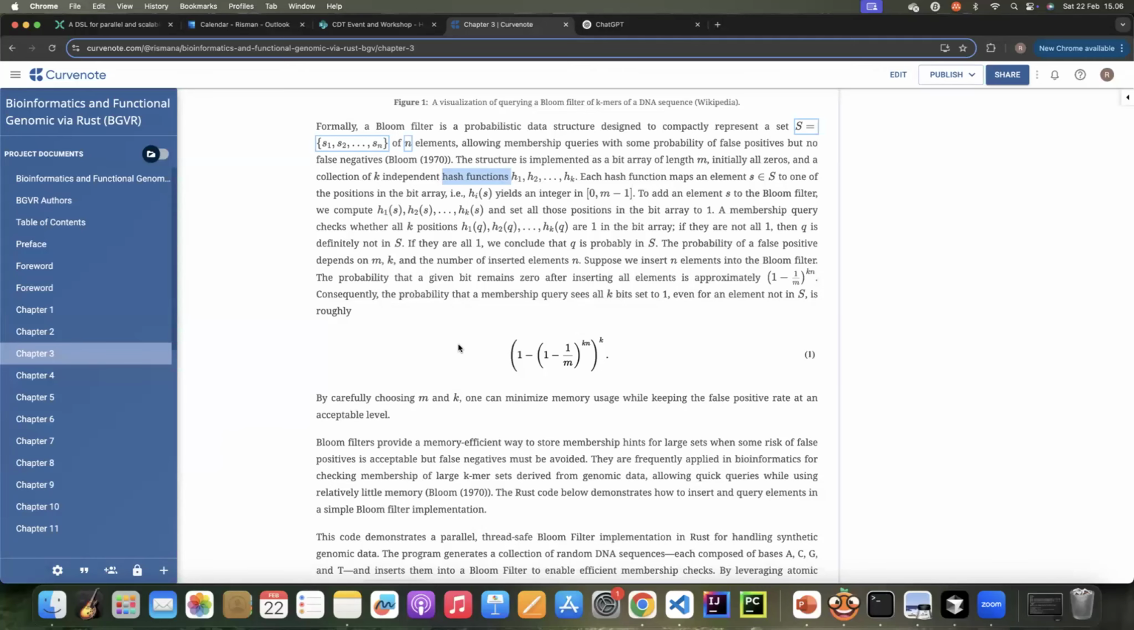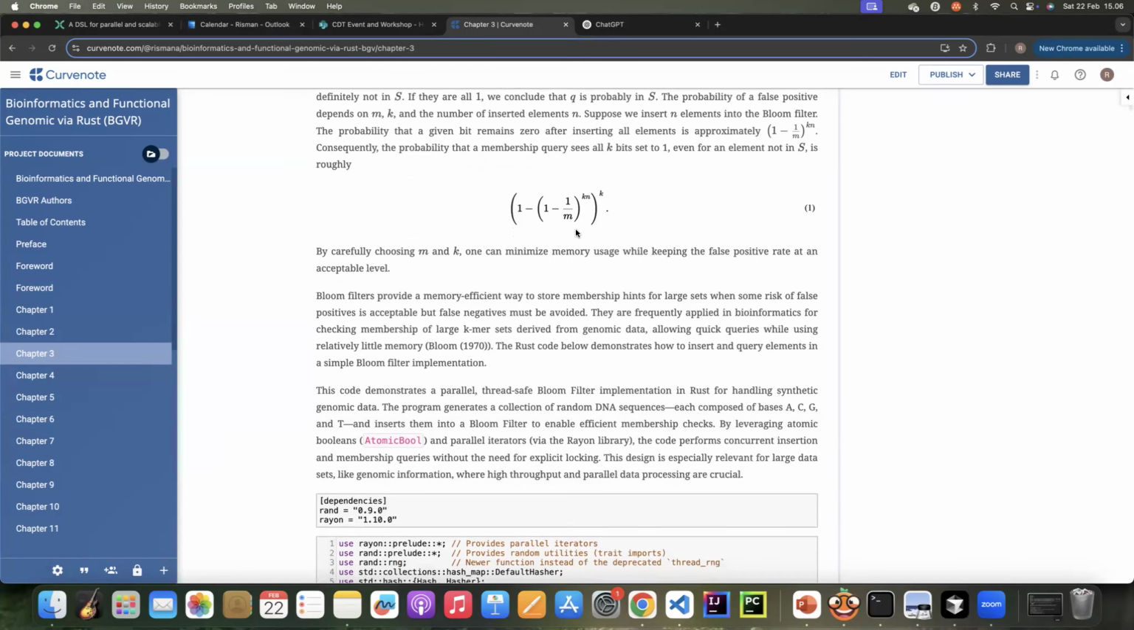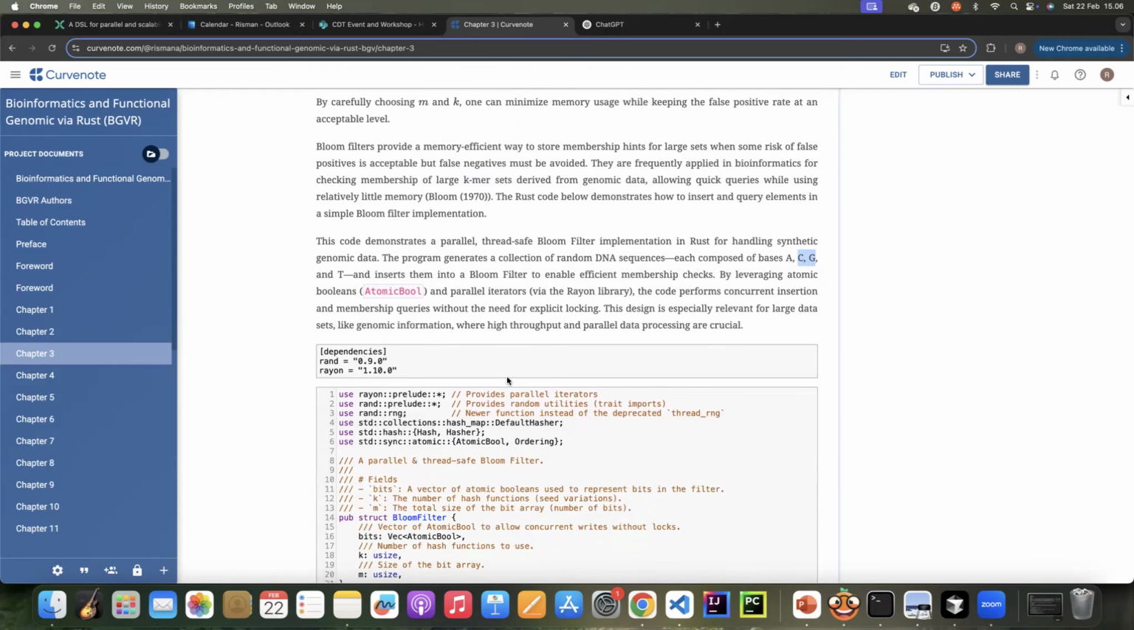We discuss in this book how the Bloom filter is defined in mathematical terms, and how to utilize and develop Bloom filters. A subset of a DNA sequence is usually called a k-mer. You can ask ChatGPT what it is, but for example, I have ACTG. If I say two-mer, I have AC, CG, all of the combinations of two nucleotides inside the